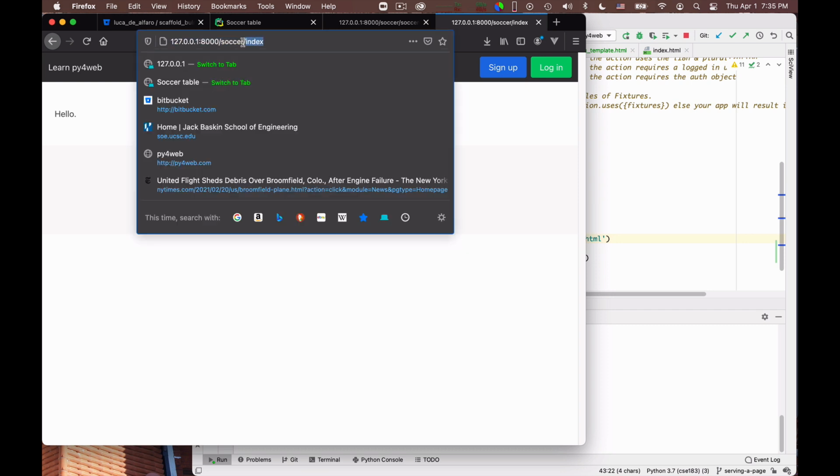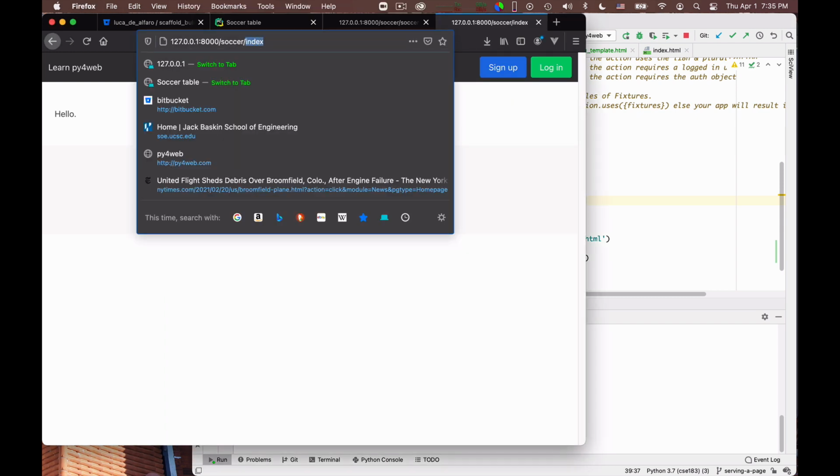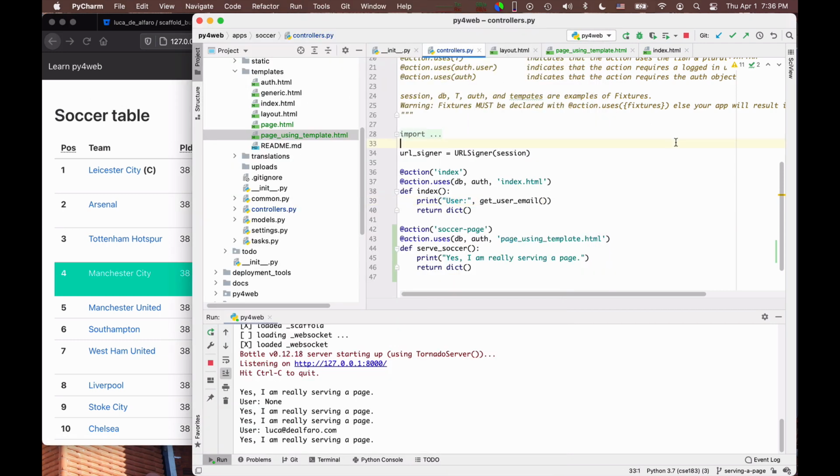I didn't want to go here. I think I wanted to go to, where did I want to go? Sorry, I got lost. The soccer page. Okay, but I get here. And now I'm logged in. So this seems to work. I can log out, I can check my profile, I can change my password, I can do various things.